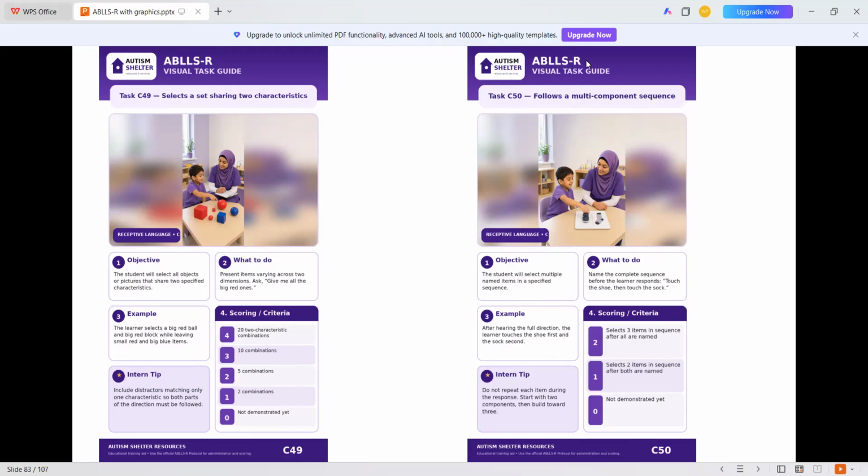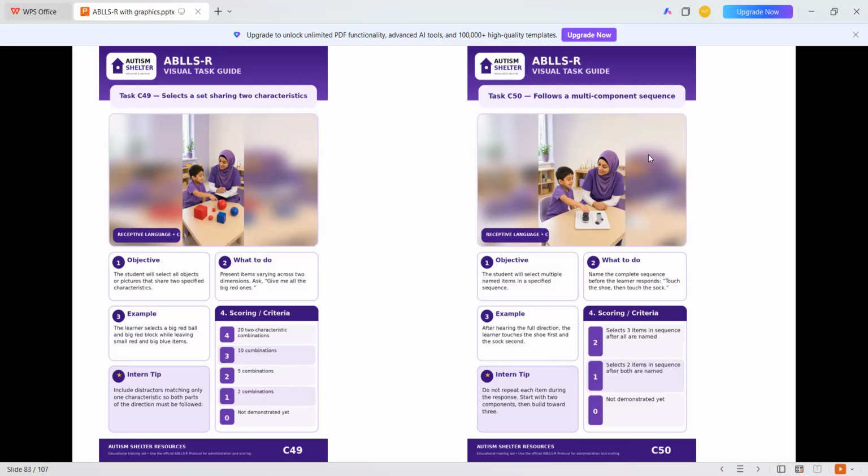Okay, so C50 is follows a multiple component sequence. The student will select multiple named items in a specified sequence. Name the complete sequence before the learner responds. I am going to give the instruction, and the child is going to follow our commands, but the main focus is that the child is going to give us something in a sequence.